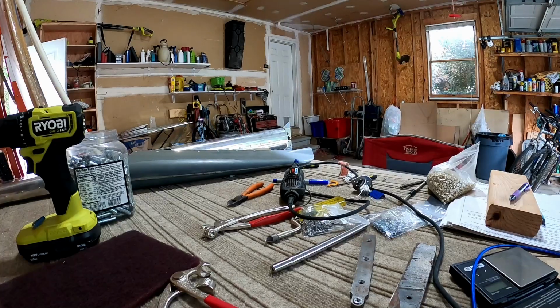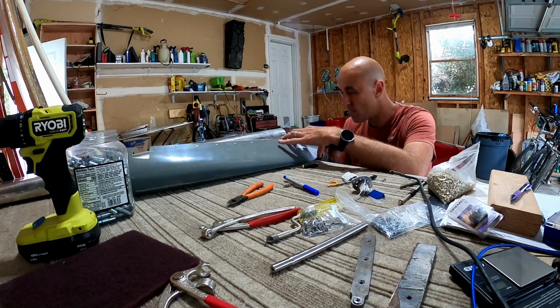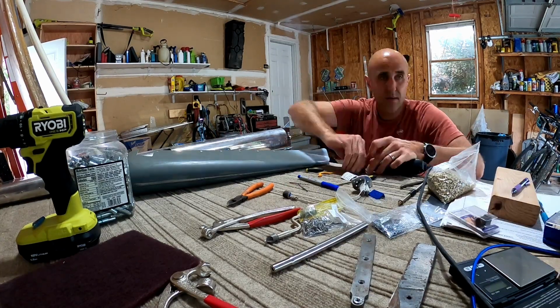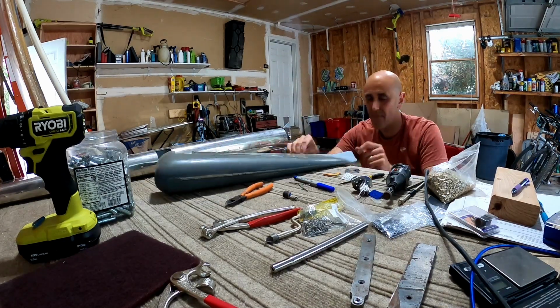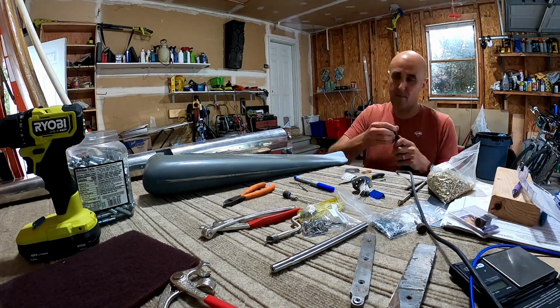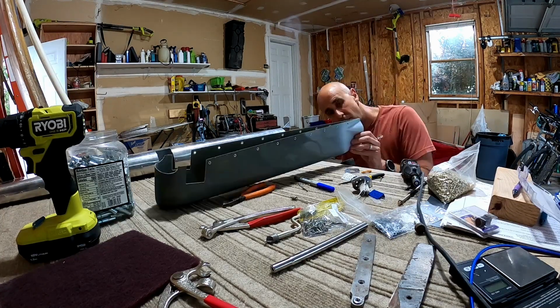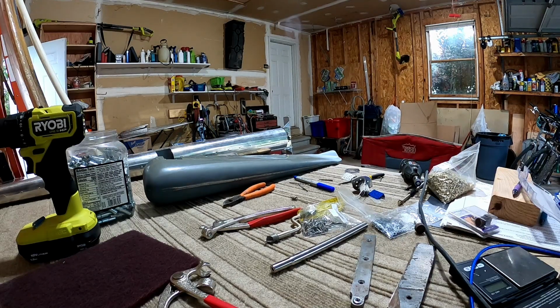Anyway, there's just a lot of time spent digging around inside of the fairing here, trying to get all the extra junk out of the way so that I could mount this light. So this light is, and I haven't said this yet, but I went with the Fly LEDs setup. This guy, I think his name's Paul, has a business out of Australia. These are like DIY LEDs. Basically he sends you a board, a bunch of lights, you solder them on. I got his standard kit with the tail strobe and a couple of